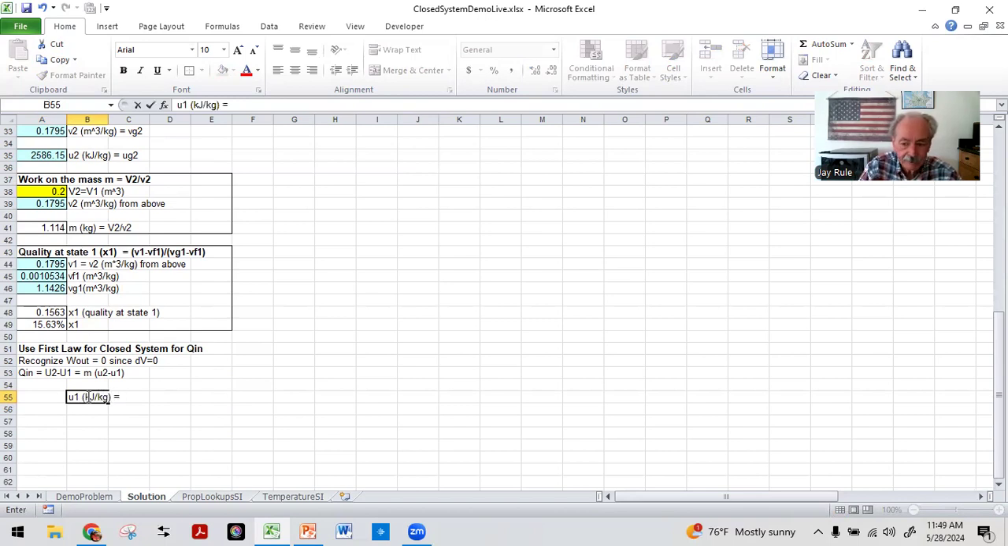And how will we calculate that? We're just typing text here. That's going to be equal to X1 times UG1 plus the quantity 1 minus X1 times UF1. That's the way we get U1, right straight out of your book. Should be in your head, I hope. So now we can do our formula. Equals, okay, X1. So here's X1